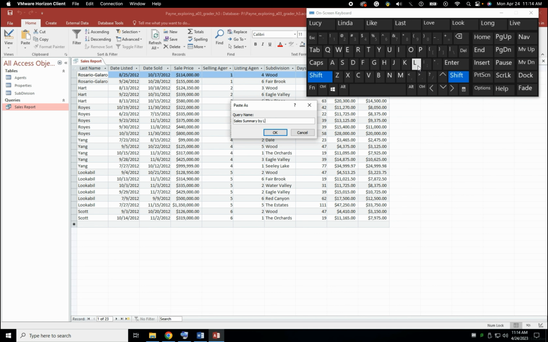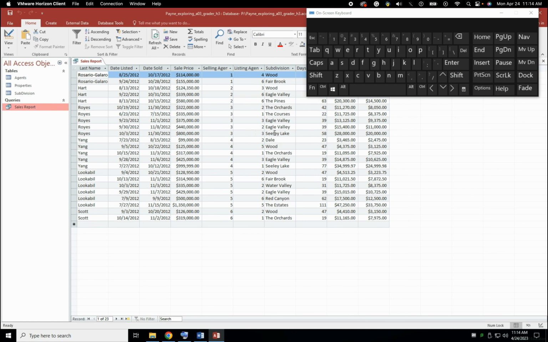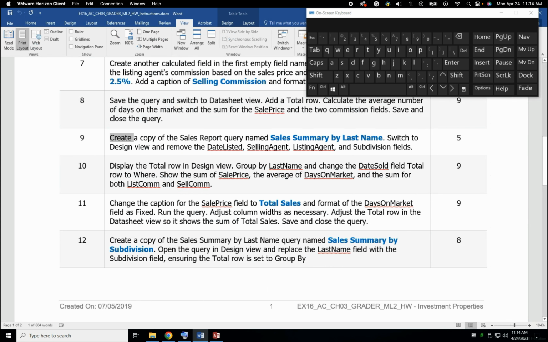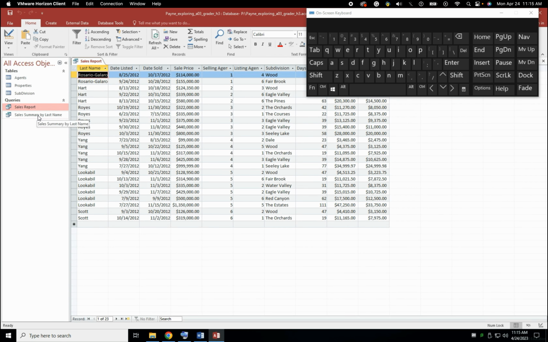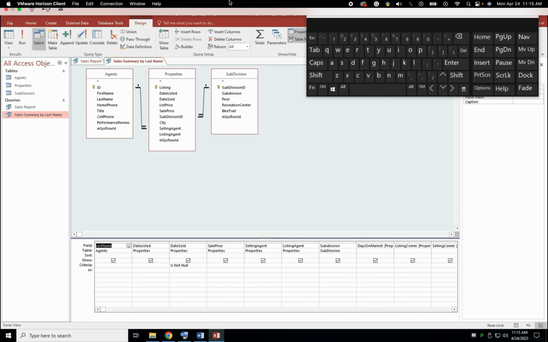I was checking on the capitalization there. I knew that according to grammar, the word by should be lowercase, but sometimes they want the titles done a little bit differently. So sales summary by last name. Okay. Now we're going to switch to design view in the new query. Okay. So we're going to go to the new query. Make sure it's the right tab here, sales summary by last name, and then we'll click on the design view,